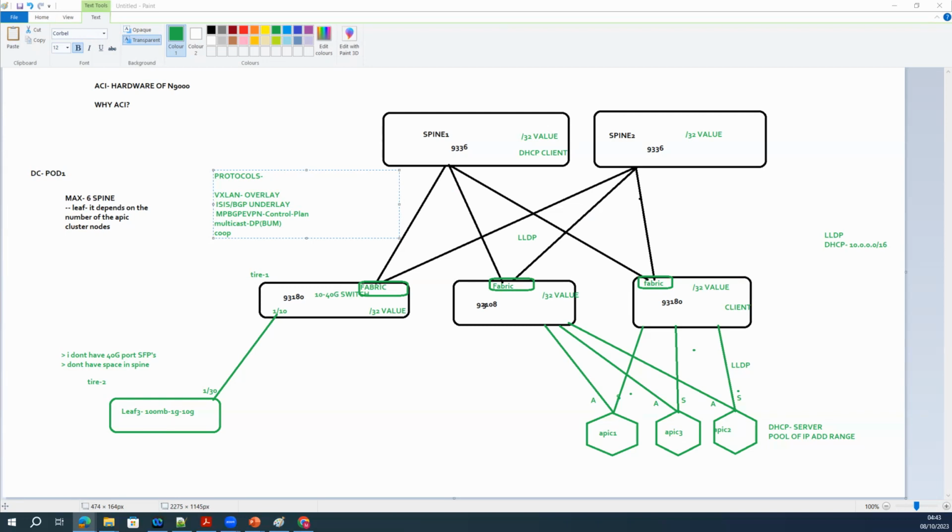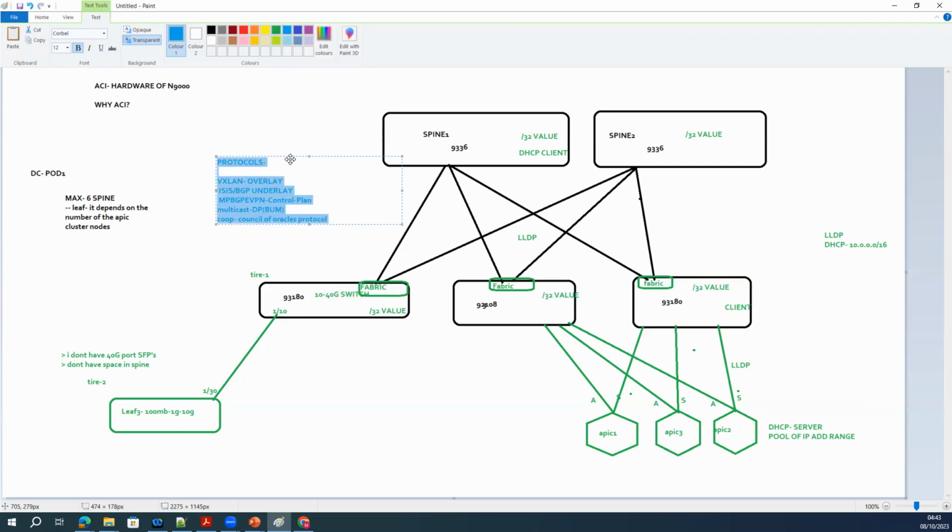Council of Oracle protocol, something like that. Okay. These are some specific protocols which will be deployed by default between the leaf and spine during the